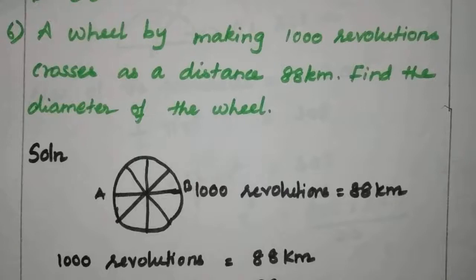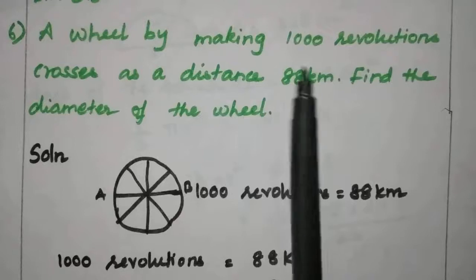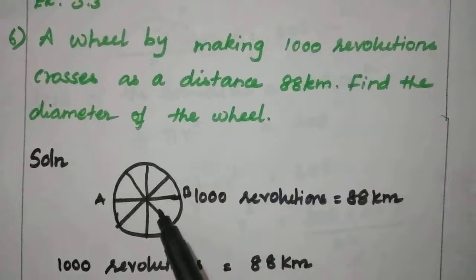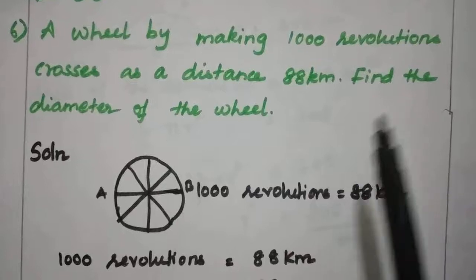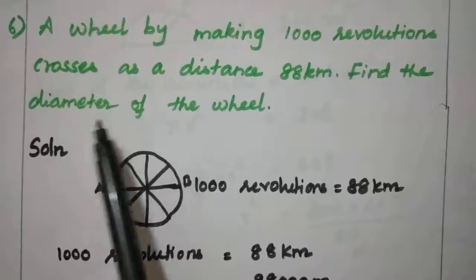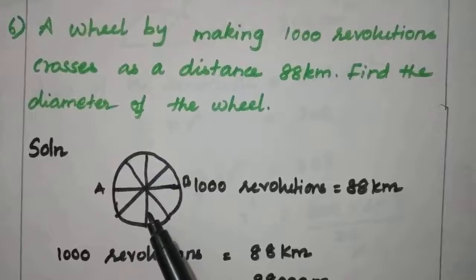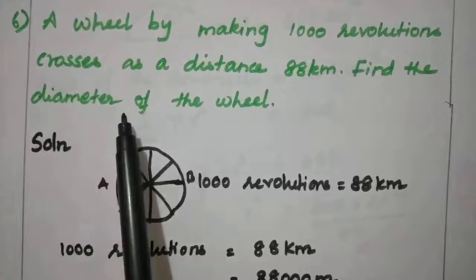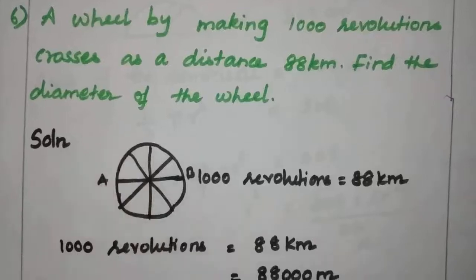Let us recall what you have learnt in today's class. Here, revolution means the perimeter of this circle. So, as the first step, you have to find the value of r. Then 2 times the value of r is the diameter of the wheel. So what's the formula to find the perimeter of the circle? Yes, that is 2 pi r units. What's the formula to find the diameter of the wheel? Diameter is equal to 2r.